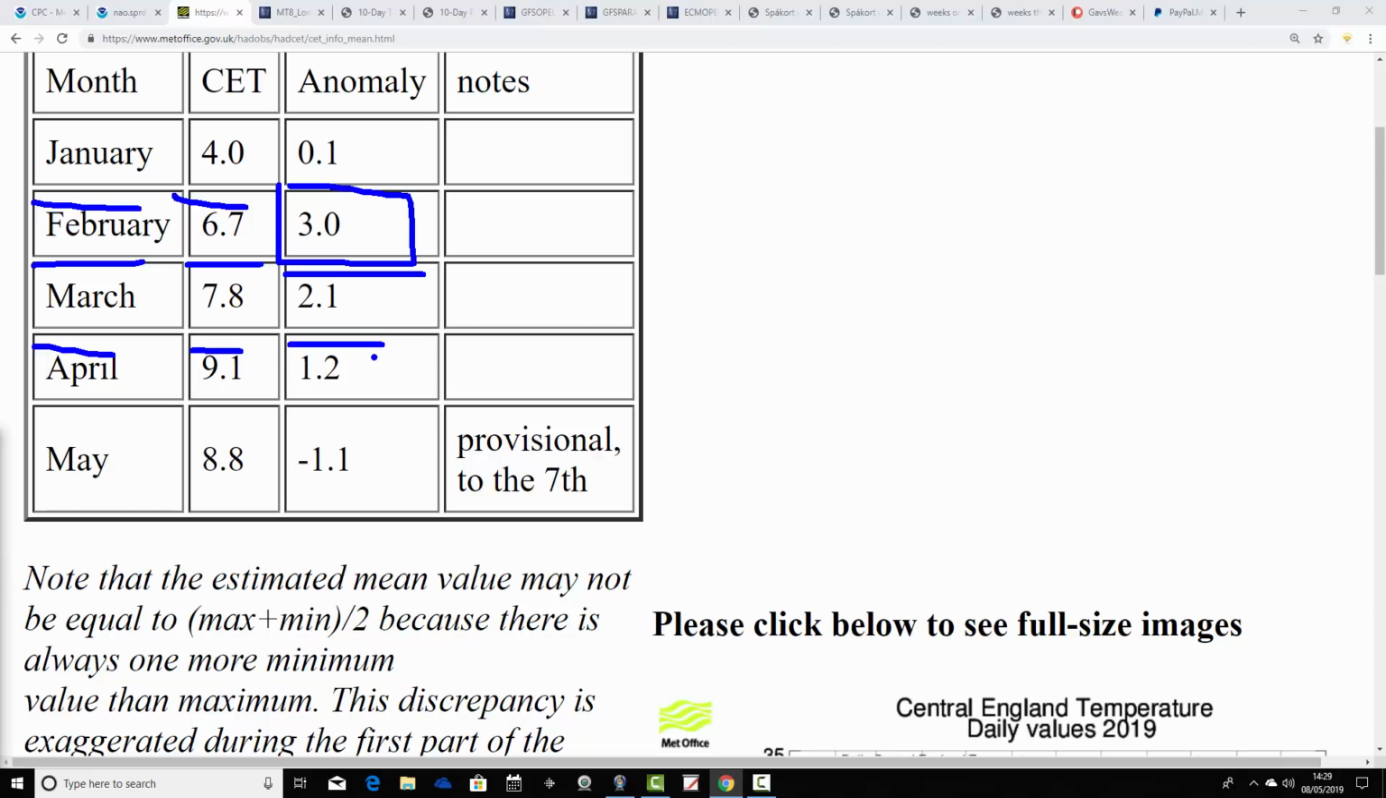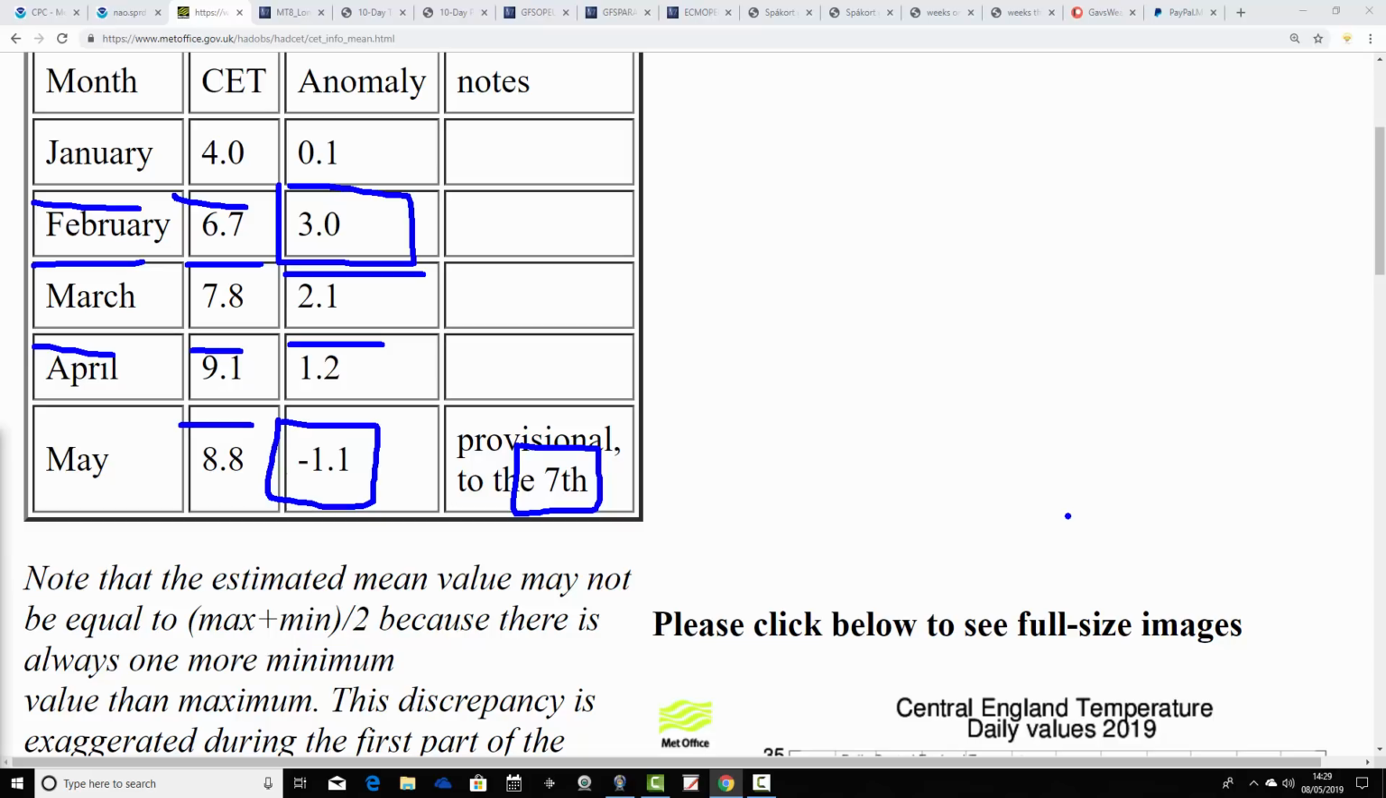So set against a more modern average, if we carry on with this shaving a degree off scenario of the anomaly every month, then we would maybe come out slightly cooler than average for May. As it is, May is standing at 8.8, an anomaly of 1.1 degrees below average at the moment. That's provisional to the 7th, provisional to yesterday. So we are colder than average with a 61 to 1990 temperature average at the moment, let alone 81 to